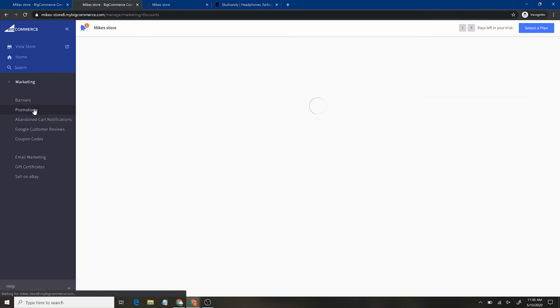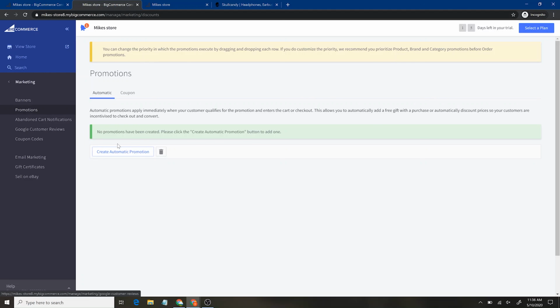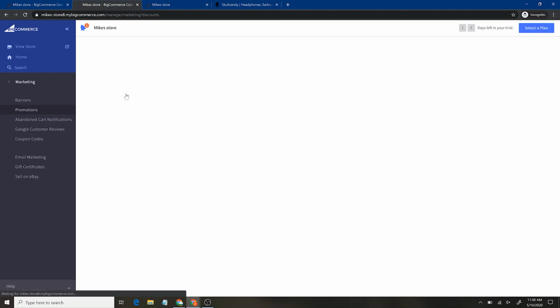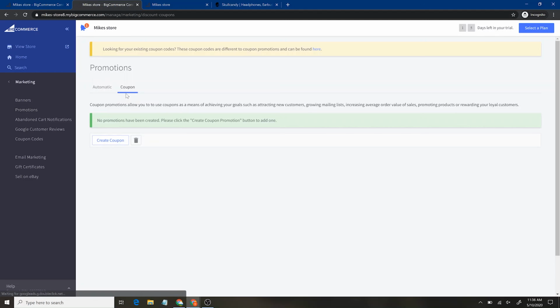We can have promotions. So you can have some different sales right there. So maybe we want to add a coupon, for example. And this is something I like to do. I like to create these and integrate them with MailChimp. MailChimp's usually what I use when I'm trying to do email marketing. And what I would do is create a coupon that gives them maybe free shipping or 25% off. And then I'll use that and I'll send that in an email on MailChimp